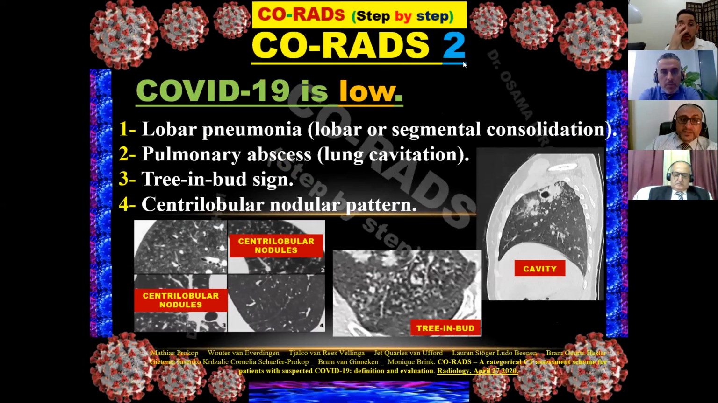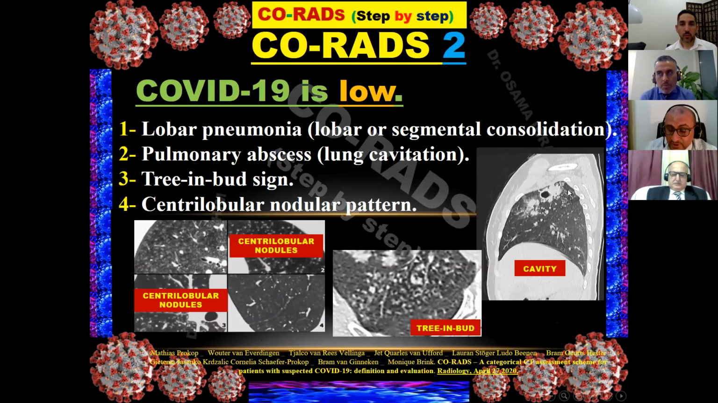What about CORADS 2? CORADS 2 means COVID-19 is low, and it is classified according to the HRCT findings. If I find one of these three issues: centrilobular nodules, like these centrilobular nodules away from the fissure and away from the pleural surface, or tree-in-bud signs like this, or presence of a cavity, or